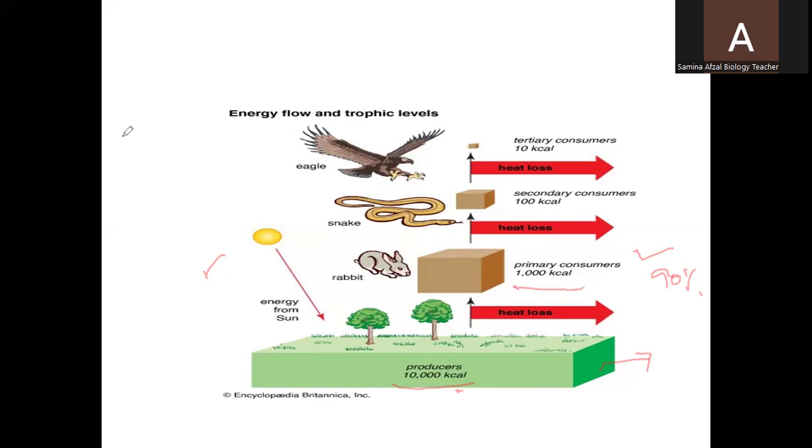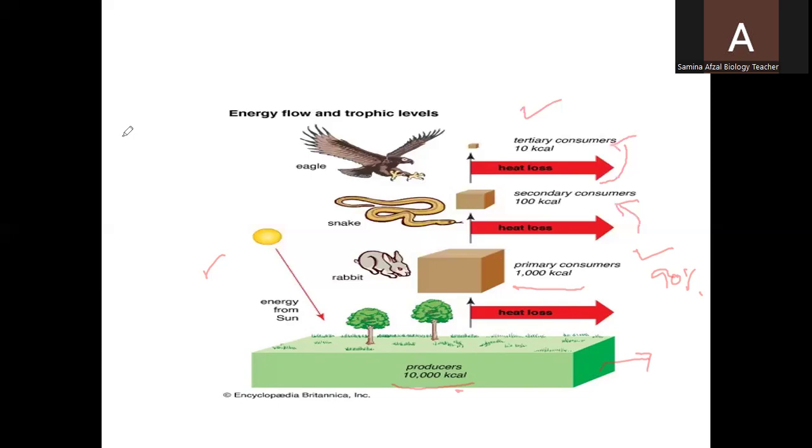Again, to the secondary consumers, the energy will be lost, and only 10% of this 1,000 kilojoules will be available to the secondary consumers. It means only 100 kilojoules of energy will be available. And in the same way, when the energy reaches the tertiary consumer, again 90% of that energy will be lost in respiration, in feces, in other processes, and as heat. So only 10 kilojoules of energy will remain.